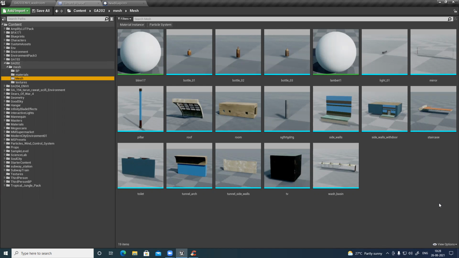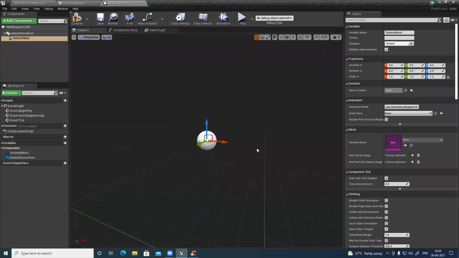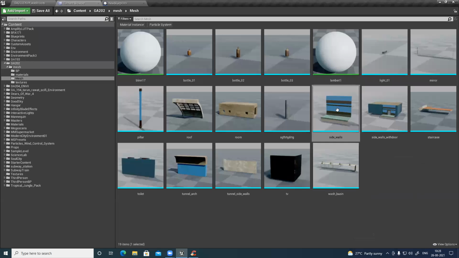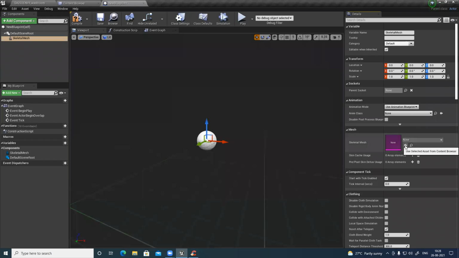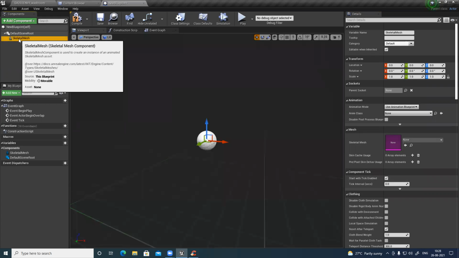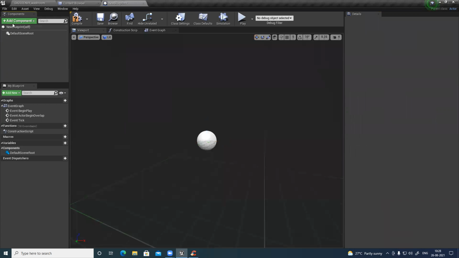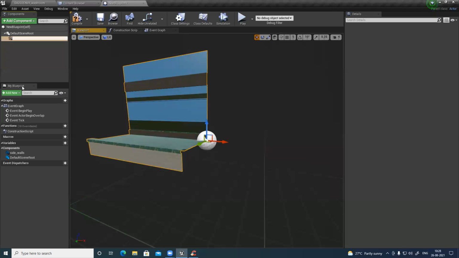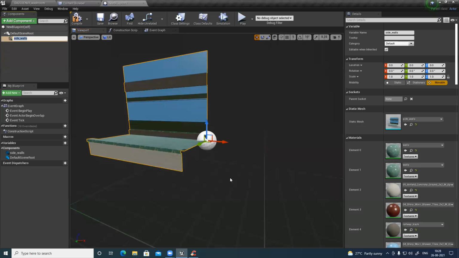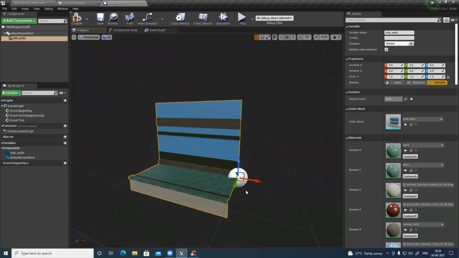There's nothing to create here. So, okay, suppose this one. So I'll just select this one. And what happened? Static mesh. Oh, sorry, my bad. It's a skeleton mesh I have added. So I have to add static mesh. It's this one. So now it's working perfectly. See, now this one came here.